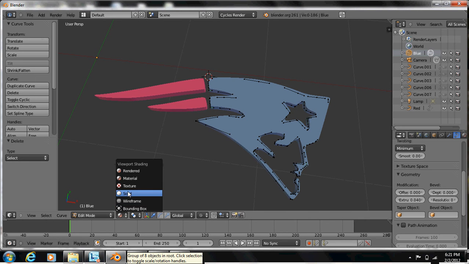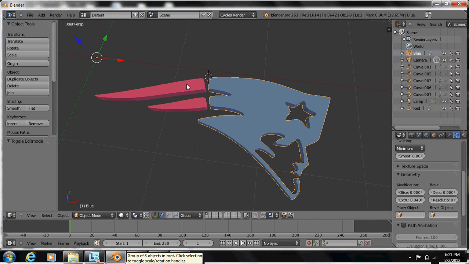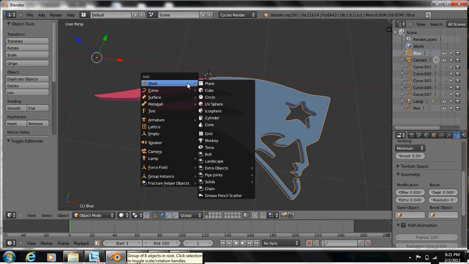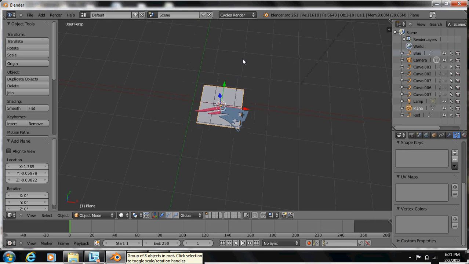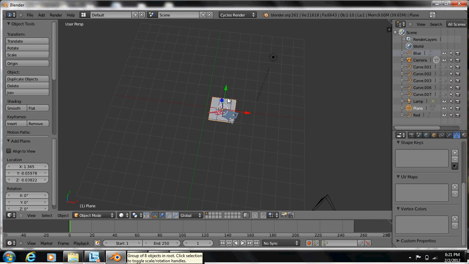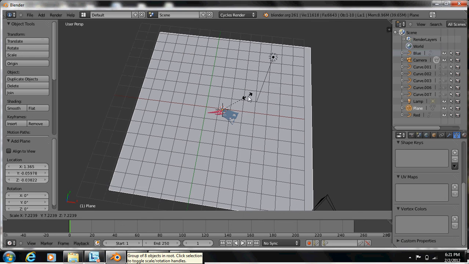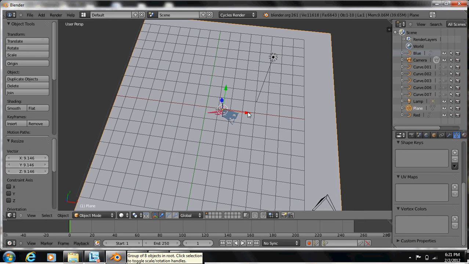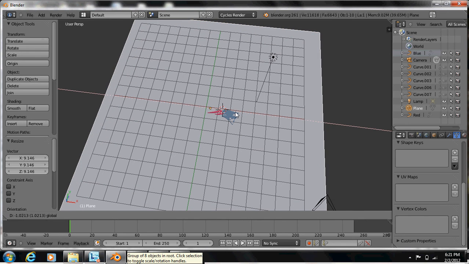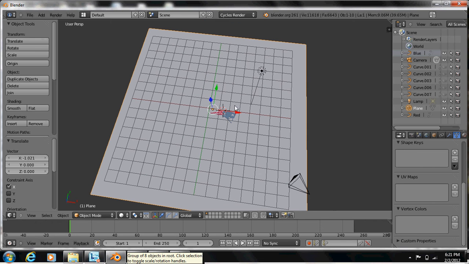and we'll go to object mode, and let's go ahead and just create a plane. We'll hit Shift A, go to Mesh and Plane. Can zoom out here and just hit S, and it will scale it up. Okay, we'll just move this into position,